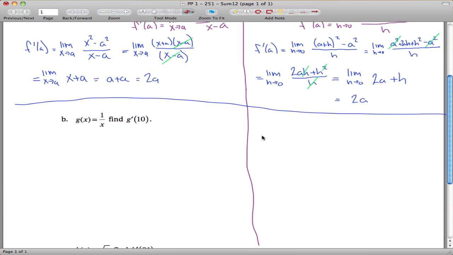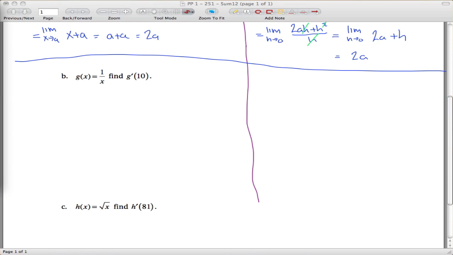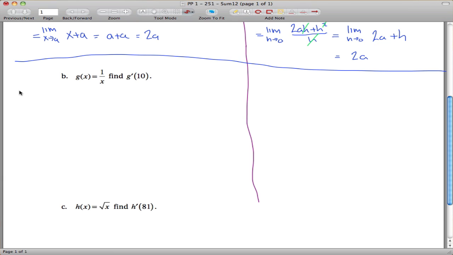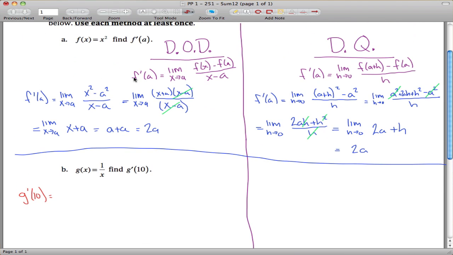All right, number 2. Here is g of x. We want to find g prime of 10. All right, using the definition of the derivative first. So the limit as x approaches a. Let's write this a little bit better. g prime of 10 is a lot like figuring out f prime of a, except my a value is equal